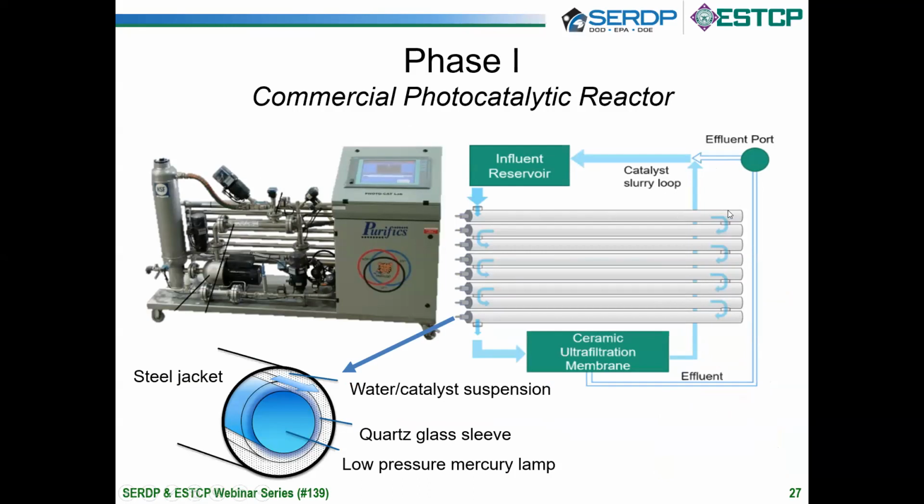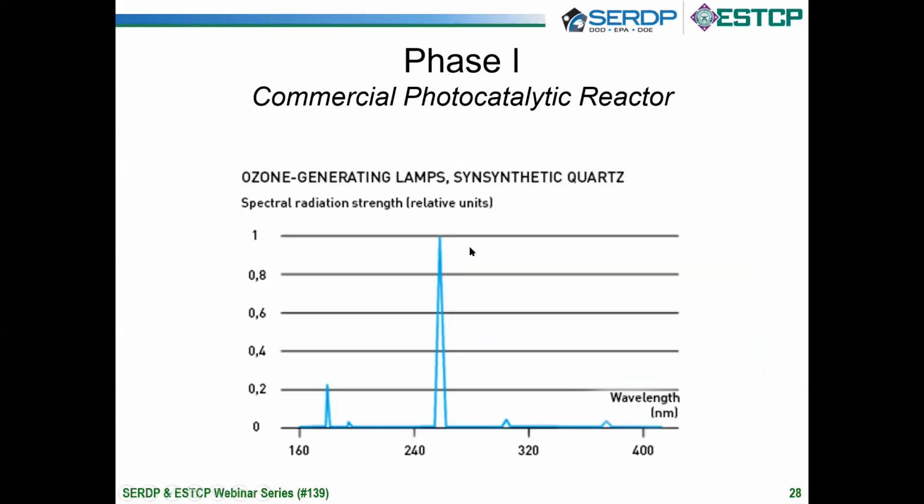These are very long annular reactors with a narrow annulus width, and water flows through here at a high turbulent velocity. And it's overall a lot of UV lamp power relative to the volume of the reactors. So because of the difference in the configuration of those photoreactors, we observed different results in PFCA degradation. I also want to mention that